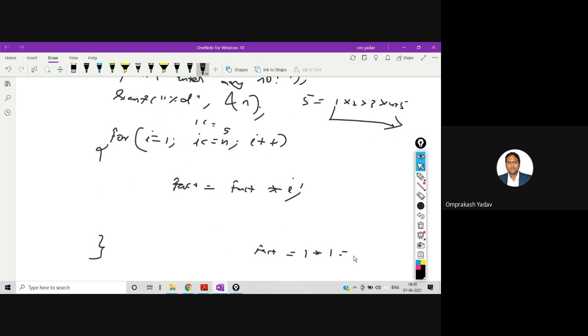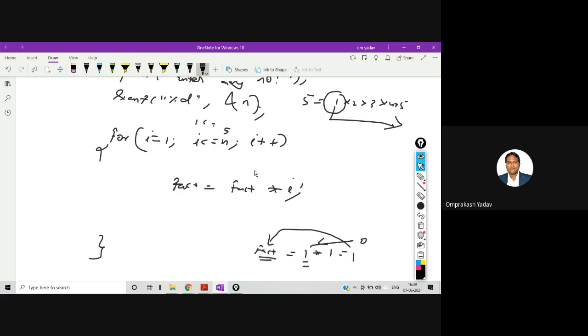So 1 will get stored inside this fact variable. It's very important to declare fact is equal to 1, because otherwise it will have a garbage value. You must initialize it by some value. You cannot initialize by 0, otherwise whatever number you multiply by 0 will become 0, right? If you multiply by 1, the first i value will get stored inside fact. Now we can multiply the rest of the numbers.